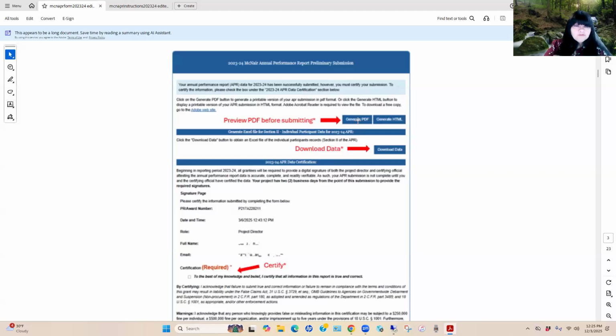If after reviewing this particular PDF you decide, you know what, I don't want to hit submit yet, then you can go back through those various tabs. For example, you can go back to section 2 and edit your document, edit your records. You can search for particular records and you can edit the information. That's particularly important because, again, this is a prior experience here.